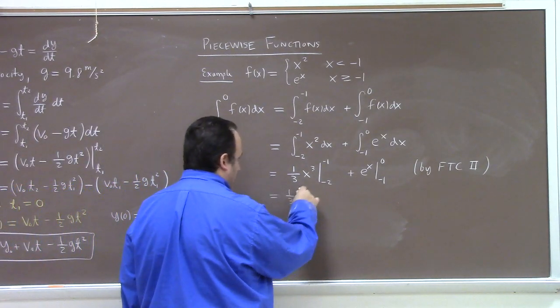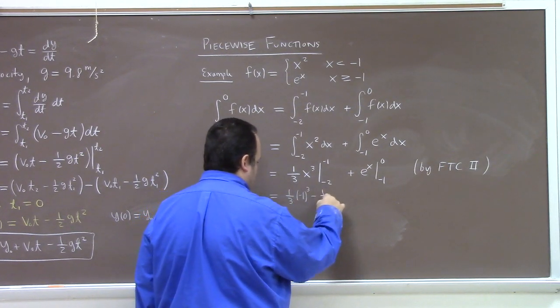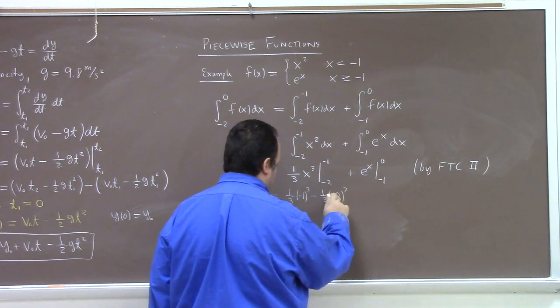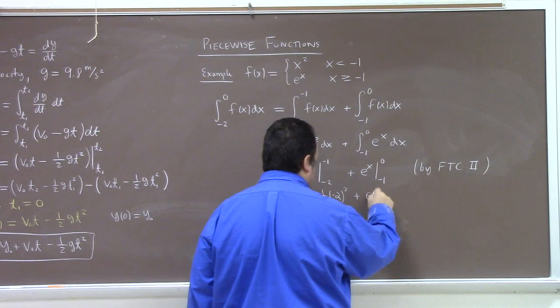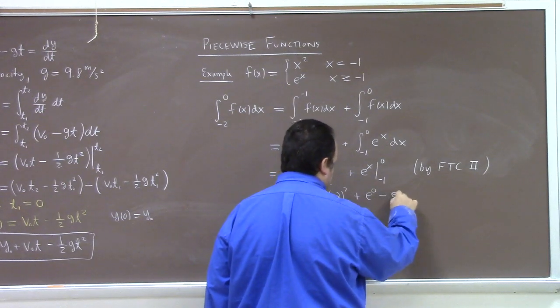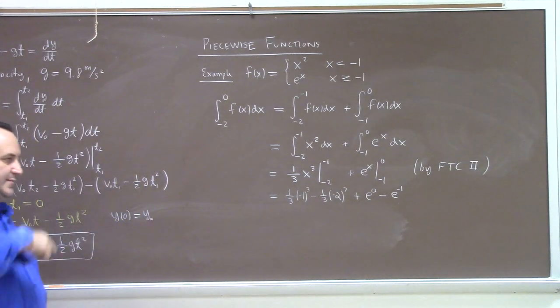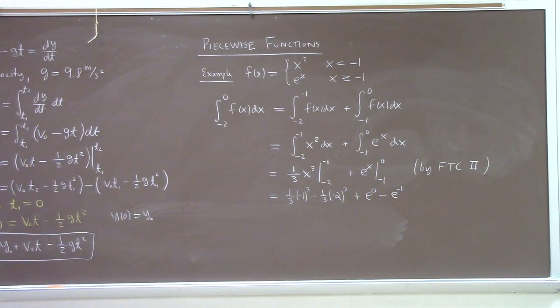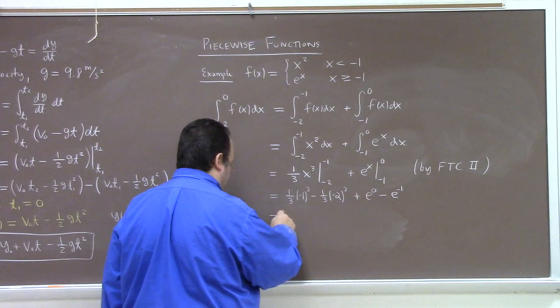I've got 1/3 of minus 1 cubed, right? Minus 1/3 of minus 2 cubed. Gotta watch the minuses on this one. Plus e to the 0 minus e to the minus 1. So that gives me a minus 1/3, and that gives me a minus 8/3, right? But there's a minus. I get plus 8/3 overall there, don't I? 8 minus 1, 7/3. So it looks like I've got 7/3